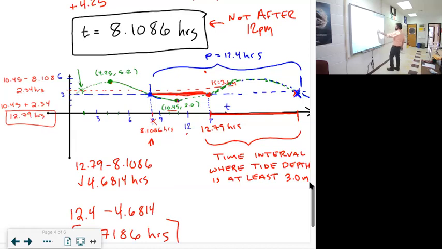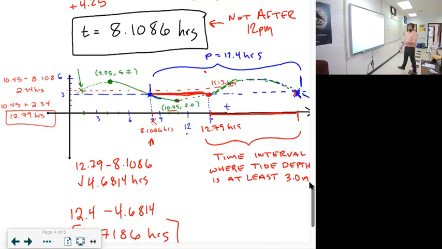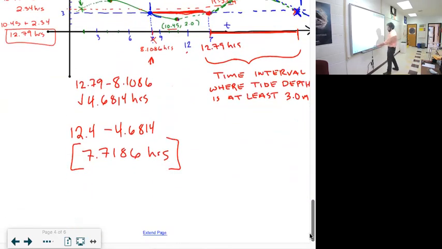So it starts right here, and it's going to last for about 7.7 hours until we get to this point all the way over here. Now, if we needed to actually identify the specific time of day, we're going to have to convert those hours into time of day. But for now, our answer would be